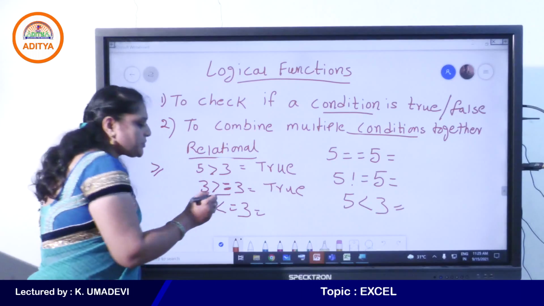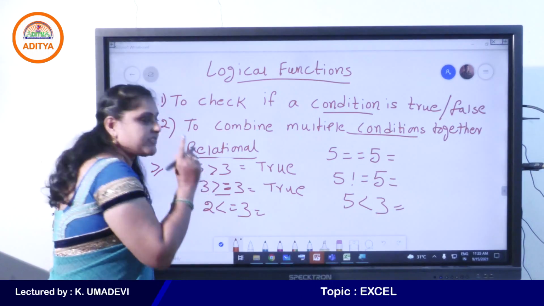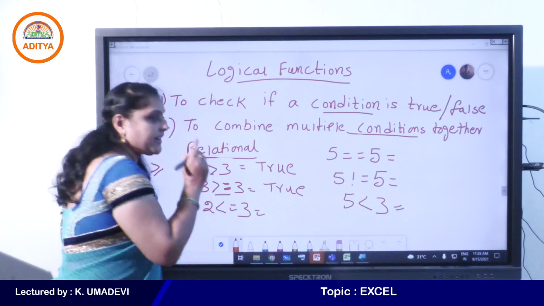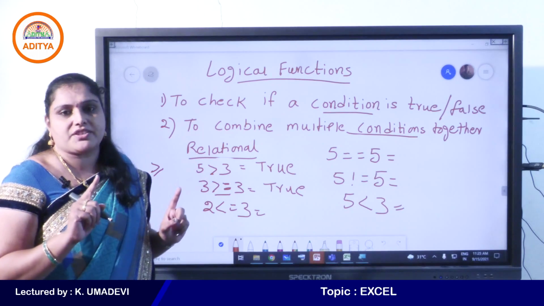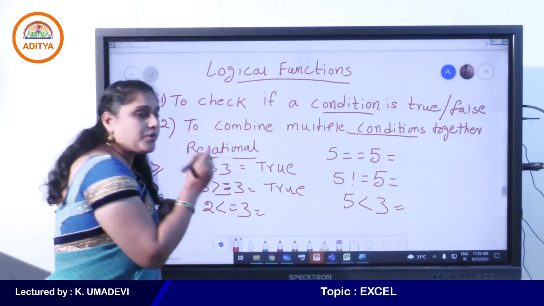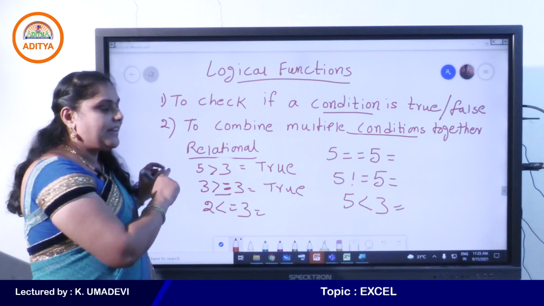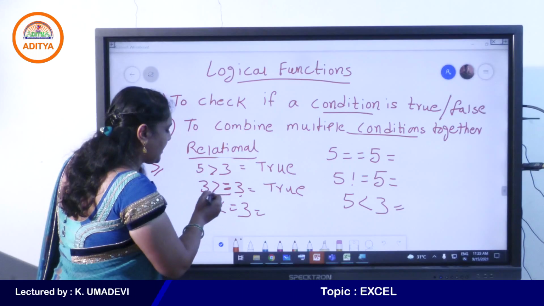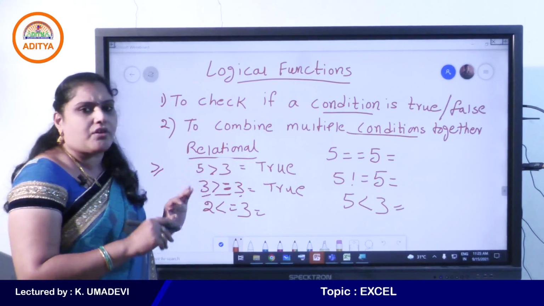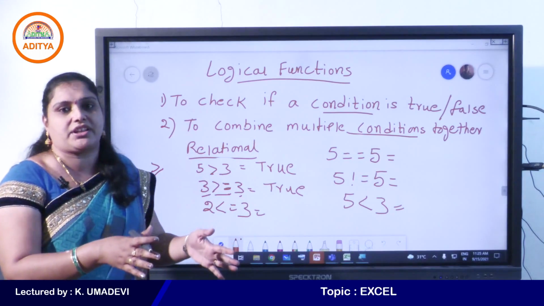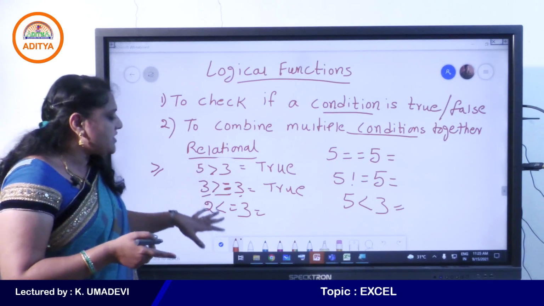See, here we use two operators. That is the advantage of greater than or equal to, right? See, here first it checks with greater than symbol, right? Is 3 greater than 3? False. But there is one more operator in between two values, that is equal to. Then it compares. If both the values are equal, then it returns true. As 3 is not greater than 3, but 3 is equal to 3, so then it returns true. Okay. So what is the result of next one?